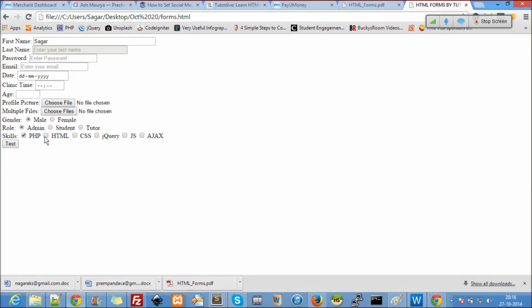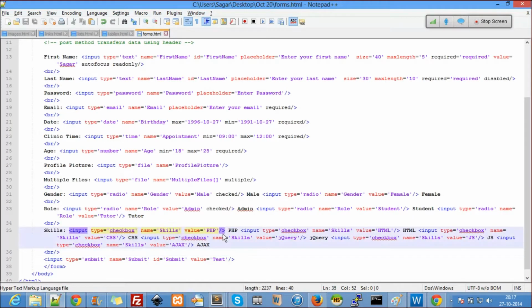Now coming to the checkbox, you see here I can select multiple also, right? I can select multiple, I can select one also. So unlike a radio button, a checkbox should be used when you have multiple things to check. When you are collecting multiple values with one single name, remember all grouping should have the same name. If everything falls under the same group, they should have the same name. If you use a different name, that's very wrong. You can't use it.